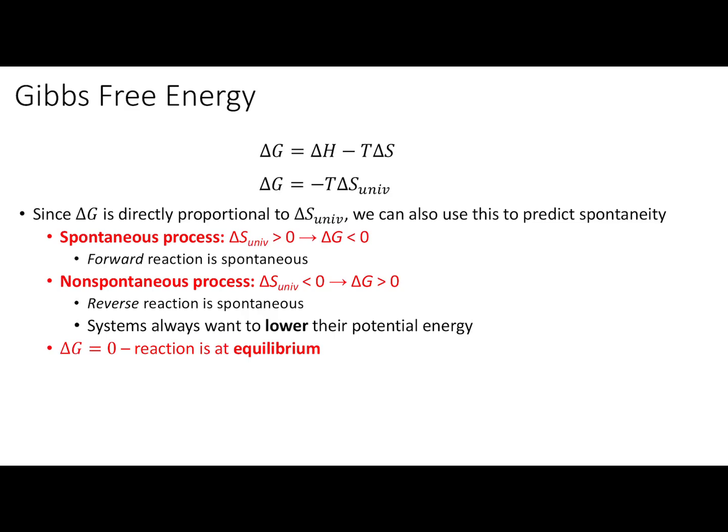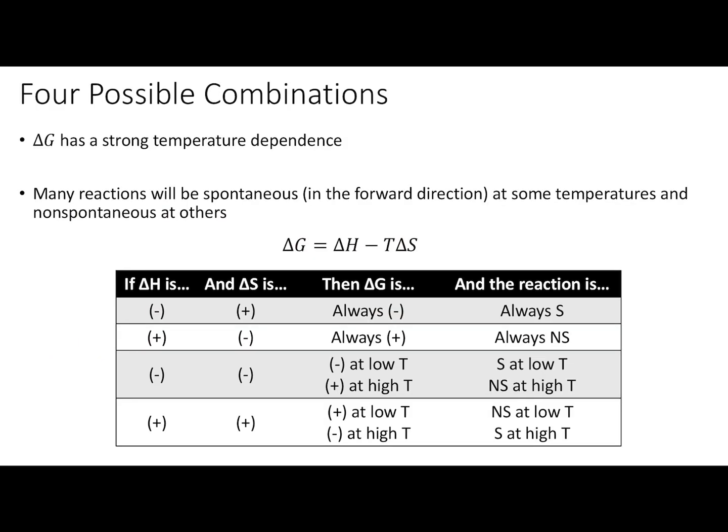If delta S is less than 0 and delta G is greater than 0, then the process is non-spontaneous, and instead the reverse reaction would be spontaneous. If delta G is equal to 0, then it is true that the system is at equilibrium. When we look further and think further about this delta G equals delta H minus T delta S equation, we realize that Gibbs free energy is very temperature dependent, and that ultimately we have 4 different scenarios that might play